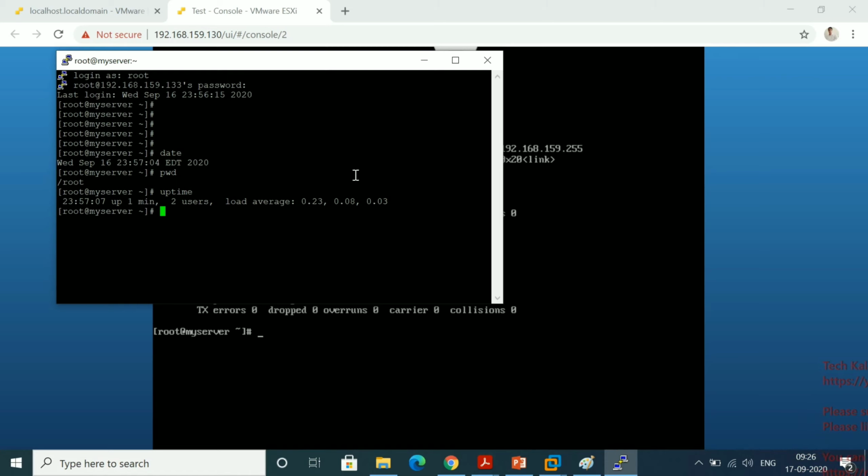Yeah, so this is the way you have to assign a static IP on a particular VM. In any organization, when you are building a server, suppose you are working as a Linux admin and you get the task to build one virtual server. Once you build a virtual server and bring it into a network, you have to assign some static IP, right? And then you also have to change the hostname. So this is the way you can do it.